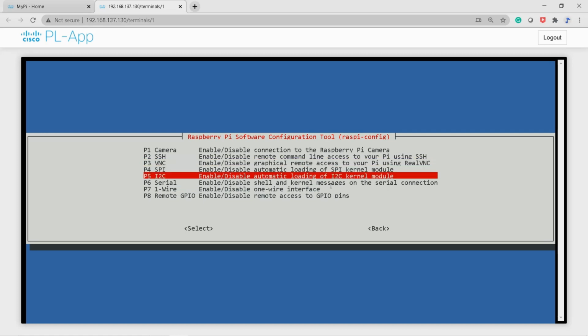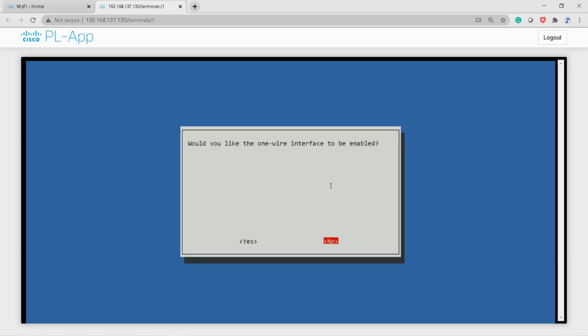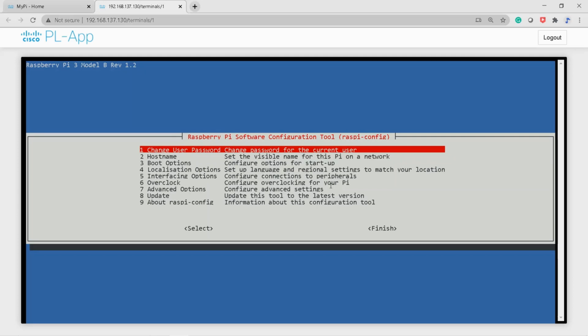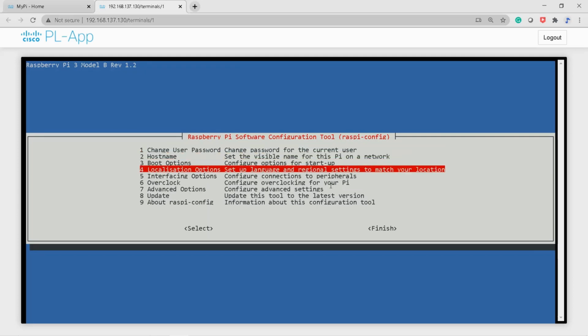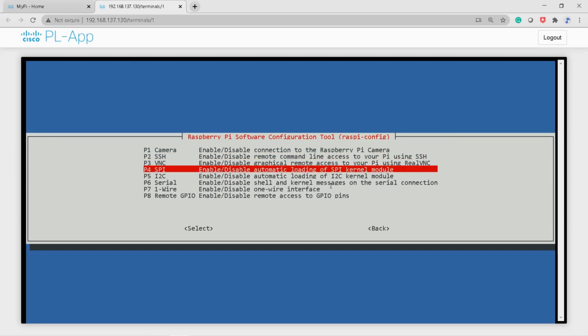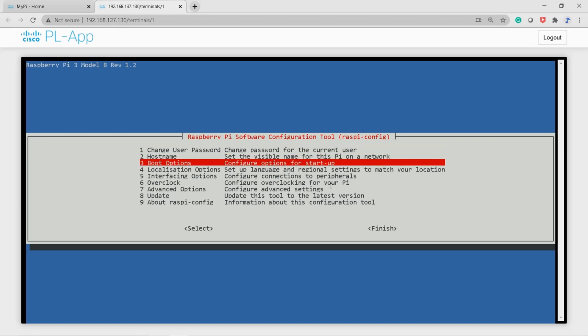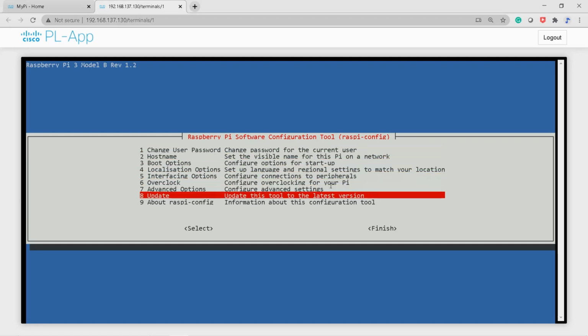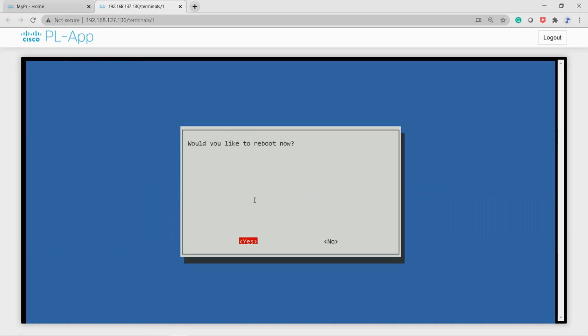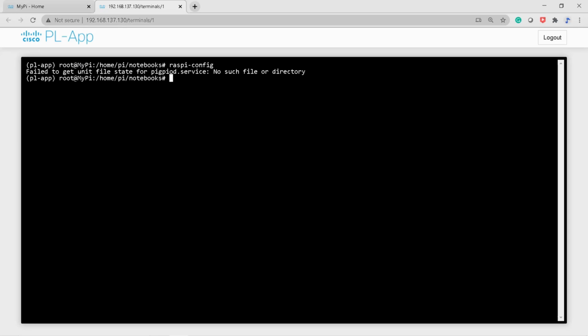Most of the industry sensors come with one wire technology, so we have to enable it for future purposes. Also remote GPIO, general purpose input output, with which you can access all your input output pins. Here you can use update also, but I'm going to do it with commands. So finish the configuration. Here it is asking for reboot. I will do it later.